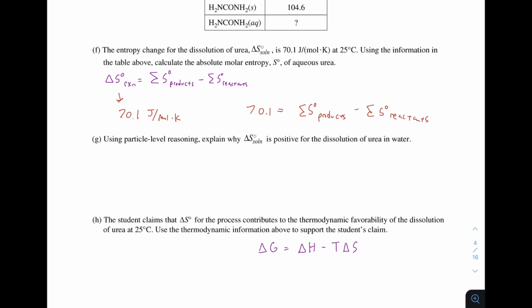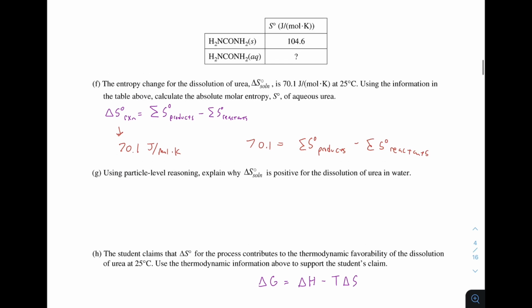And we're actually given the sum of the entropy of the reactants, which is this number right up here, because this is a question about the dissolution of urea, so it will be going from a solid into an aqueous solution. So we have 70.1 equals the sum of the entropy of the products